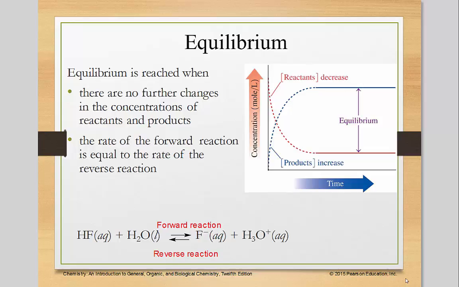Once equilibrium has been reached, the reactions are at the same speed. It doesn't mean the reactions stop. The reactions continue to keep going back and forth, back and forth, however, they're doing it at the exact same rate. At the very beginning, you're going to have a lot of reactants and very little products. Then, as the reactions proceed,